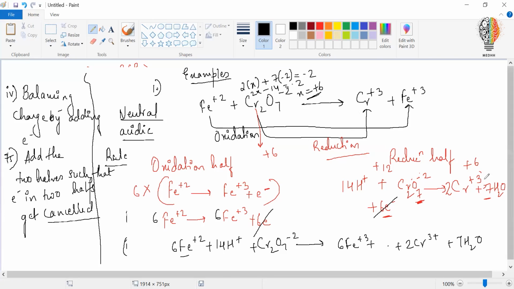After that, add H plus ions according to your number of hydrogen atoms. Then balance out the charge by adding the number of electrons, and cancel out the electrons by multiplying them. And then finally add them up. So this is the way you're going to do it in neutral and